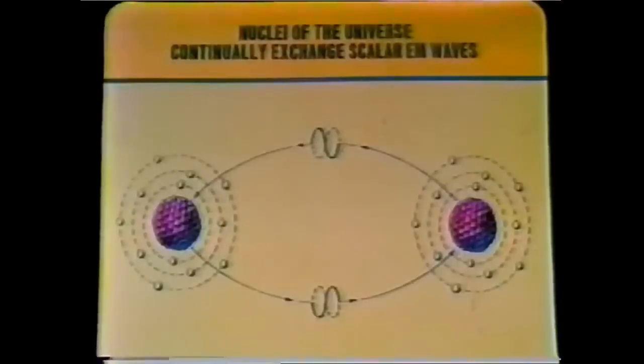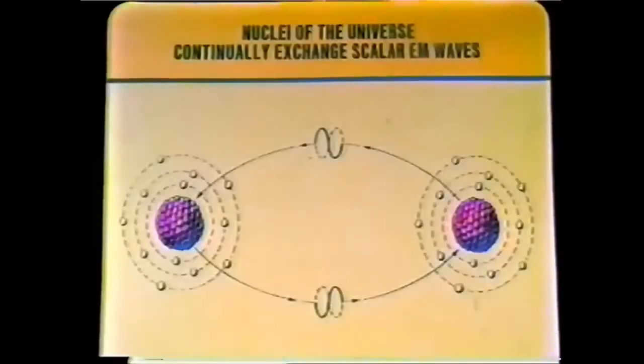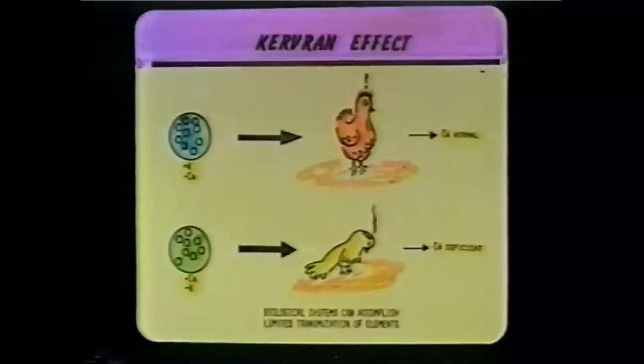These are nuclear waves. They communicate between nuclei. And if you put in that substructure the correct pattern, you can go in and transmute elements. In modern physics, to make a proton a neutron or vice versa, all you got to do is flip one quark. And that is simply a pattern in the substructure. A man was nominated for the Nobel Prize in 1977 for proving that biological systems transmute elements, even though they only have millivolts and microvolts to use. And I bet you didn't even know that. His name was Kervran. Today he's dead.